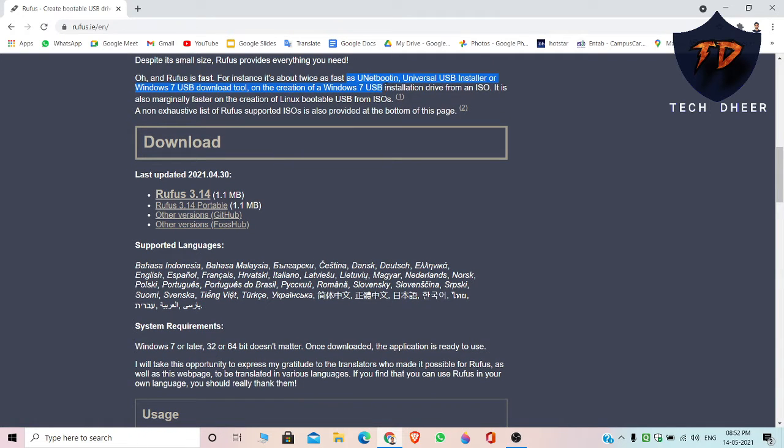These are all the normal tools which you use, like the Chrome recovery utility and USB installers, but Rufus is twice as fast as that. Like you might have used Etcher also, but I always prefer Rufus as it's a small software and it's faster.